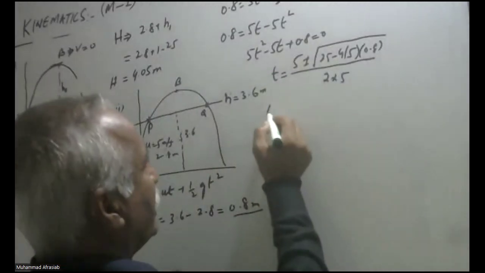And the two times of this particle will be equal to 0.2 seconds and 0.8 seconds. So up to P it is 0.2 seconds and up to this point it is 0.8 seconds. So the total time difference between these two is 0.8 minus 0.2, which is equal to 0.6 seconds